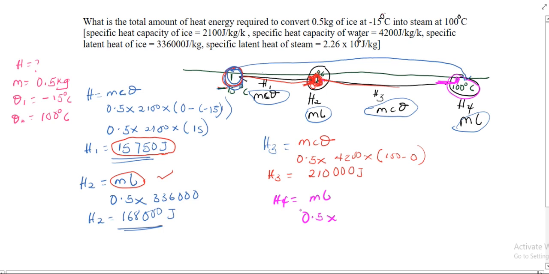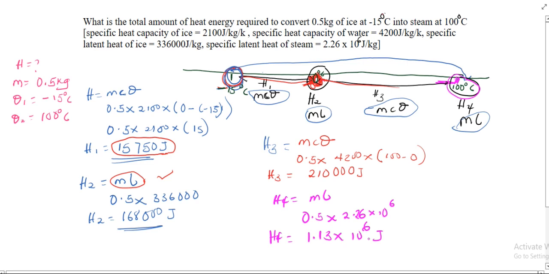We are given in the question that the specific latent heat of steam equals 2.26 multiplied by 10 to the power of 6. So our H4 equals 1.13 multiplied by 10 to the power of 6